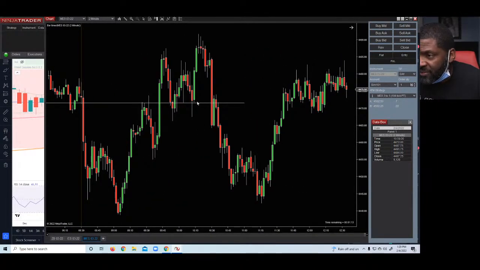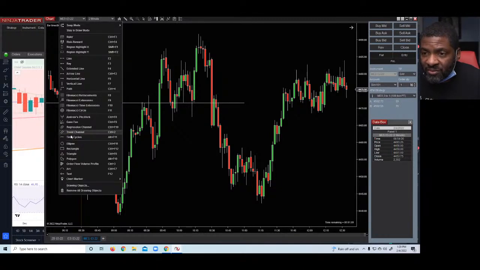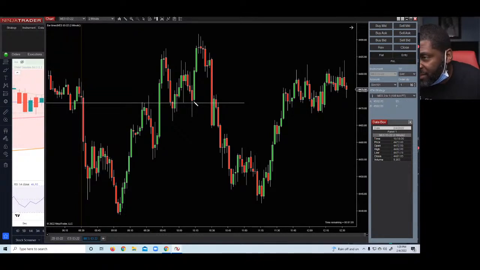Now let me mark this real quick before I go, because this was the area. I'll mark this so I won't be lost when I get into playback mode. You know what? It may not keep these rectangles. I may be wasting my time right now. But just in case it does, I'm going to put it there, because a lot of times when you jump into playback mode, it won't keep the rectangles.